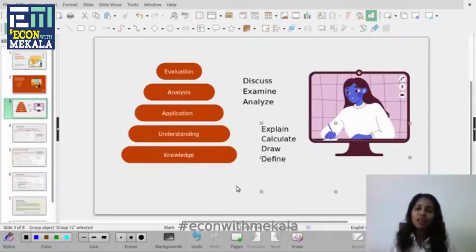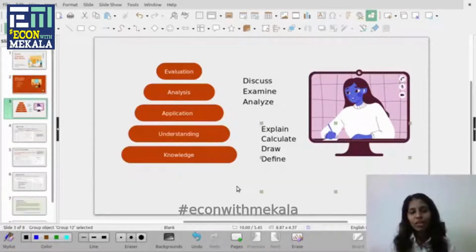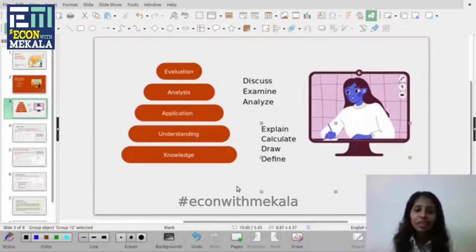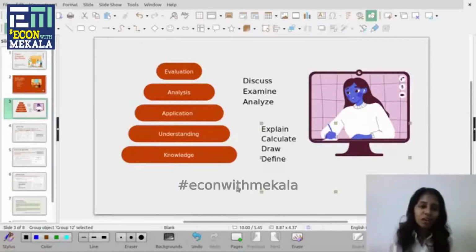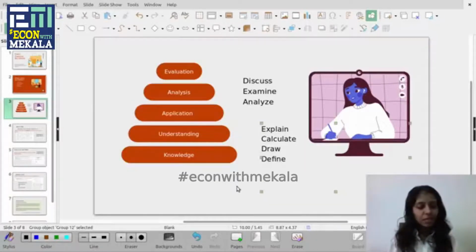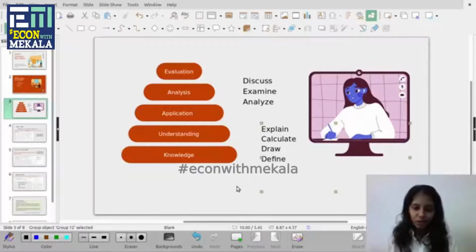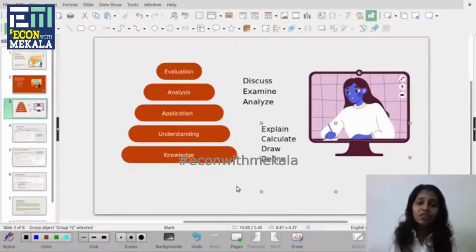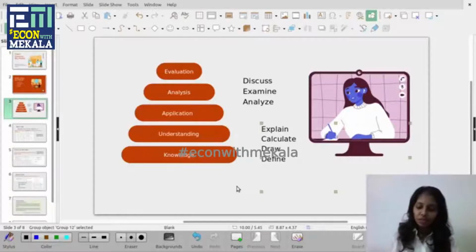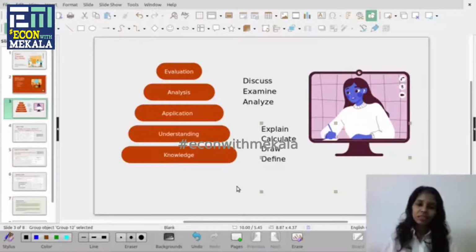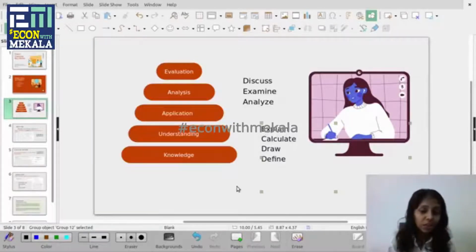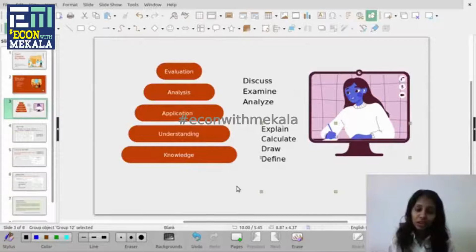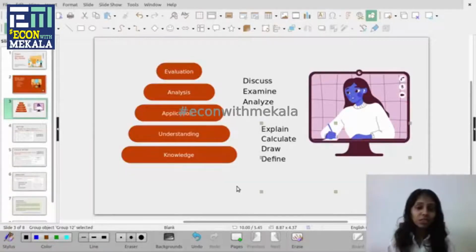When it comes to evaluation, we want you to think logically. So you need to exercise your critical thinking capabilities. Alright, let's say the same question, we'll develop it to evaluation. So let's assume the examination paper says evaluate the impact of renewable energy to the economy of Netherlands. So when you go to evaluation, you can demonstrate your knowledge about renewable energy. You can demonstrate your understanding about renewable energy.